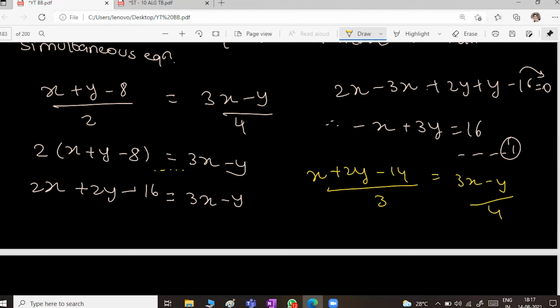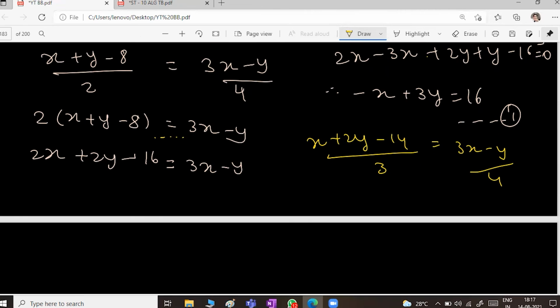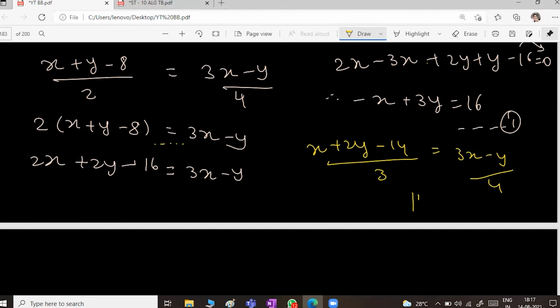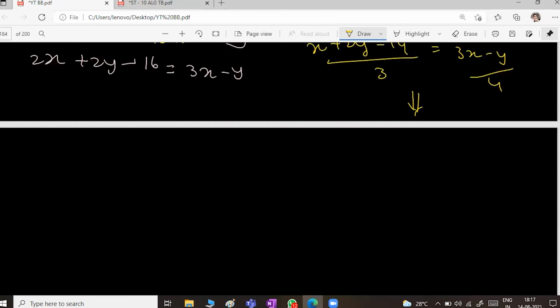तो ये समझा अभी तुम लोग को. Shall I move on? तो इसका नीचे देखो. ठीक है, go down and I am solving that part for you all. So it is going to be 4 into (x plus 2y minus 14) is equal to 3 into (3x minus